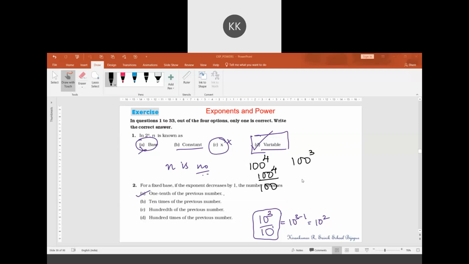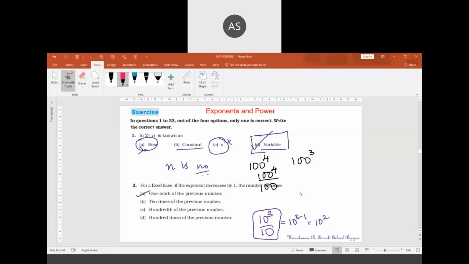But both options are satisfying, sir. And if we change the base, different answers are being obtained, sir. Suppose if the base is taken as 1000, it becomes 1 by 1000 times the previous number, no? Yes, sir. So what should be the answer? Sir, it does not satisfy B and D, it could be something else.